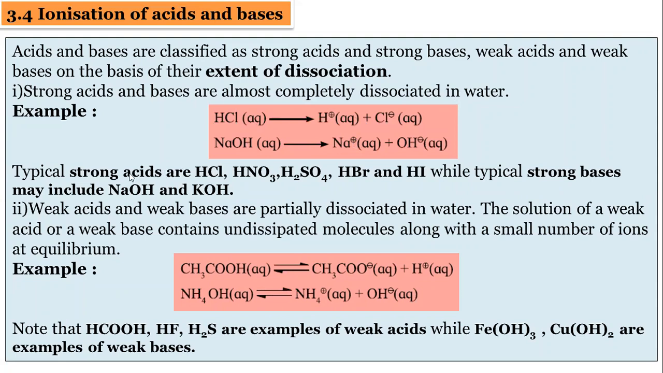Some examples are also given. Strong acids: HCl, HNO3, H2SO4, HBr, HI. Strong bases are NaOH, KOH. These are completely dissociated in water. Opposite to this, weak acids and weak bases are partially dissociated. Examples are acetic acid and ammonium hydroxide. Definitions are given. Weak acids include HCOOH, formic acid, HF, and H2S. While Fe(OH)3, ferric hydroxide, is